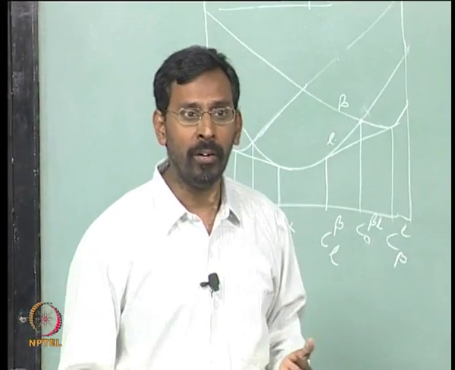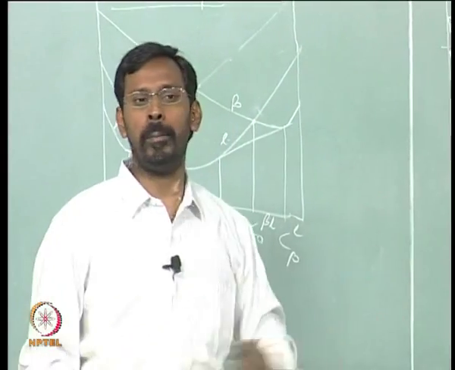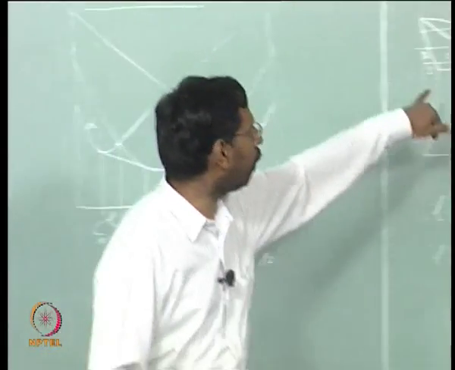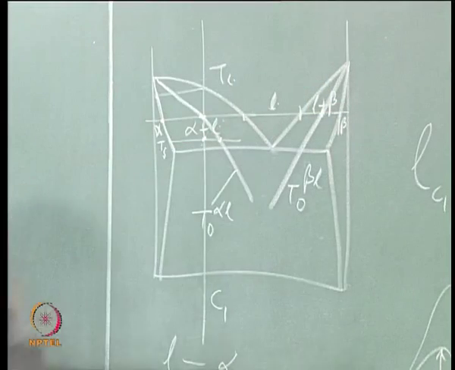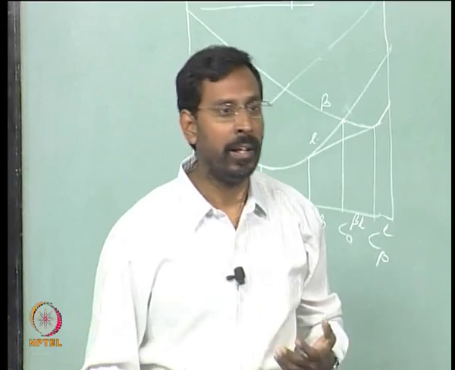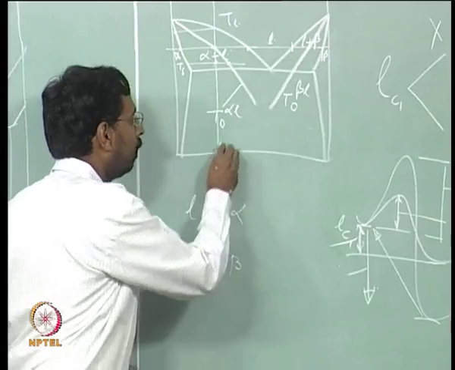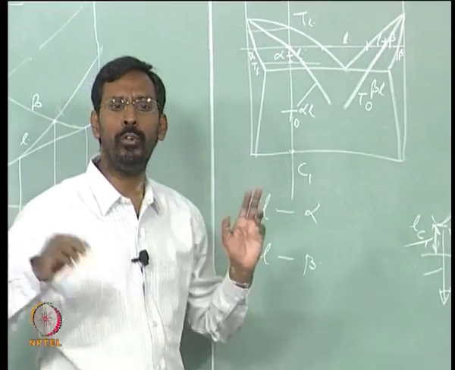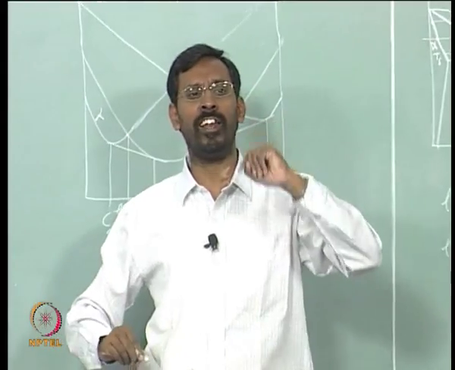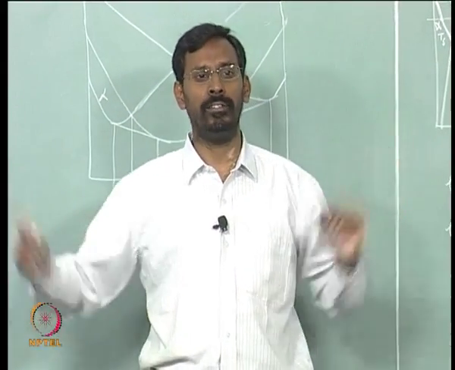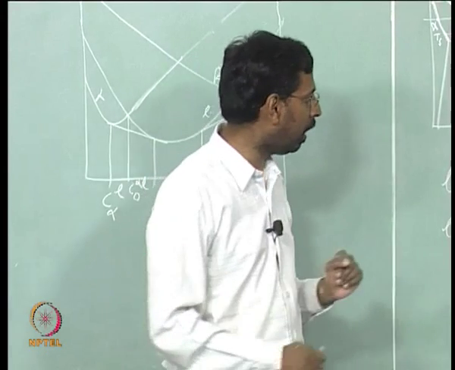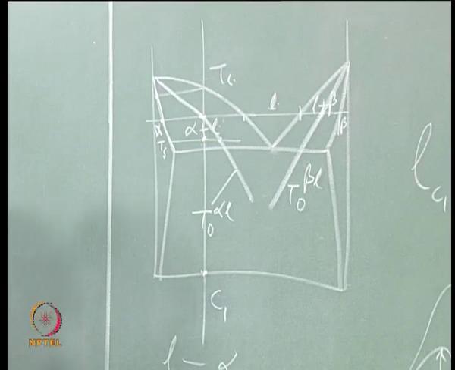Whereas now, when I cool this same alloy rapidly to an undercooling of that sort, I do not have any eutectic, nothing. I will have simply a single phase alpha at room temperature with the same composition as that of the liquid. What does that mean? That means the moment I reach this temperature, instead of a two phase mixture alpha plus beta, I have a single phase alloy of simple alpha. And what does that mean? That means I have now got a supersaturated solid solution.